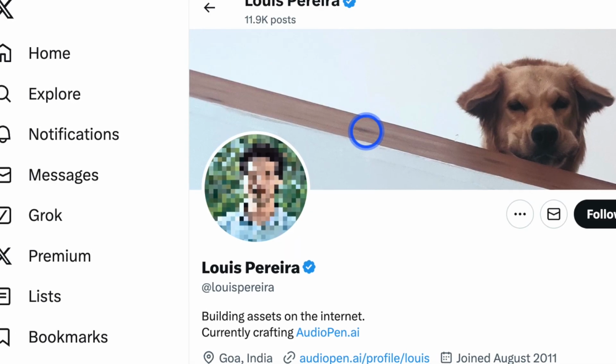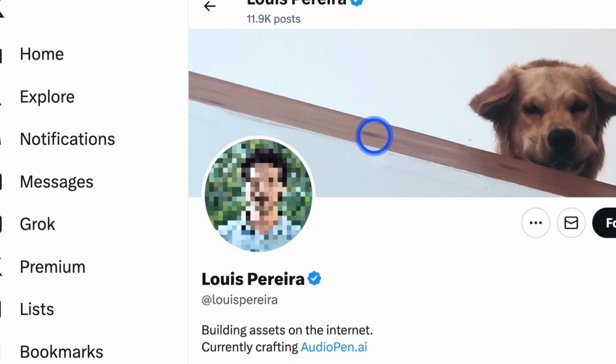Now, talking about getting users, the main source of users he has found is through Twitter or X. And Lewis is someone who builds in public. So he documents the journey. We'll talk a little bit more about that in a moment. But he's constantly posting on Twitter about the journey, about AudioPen, and also just helping with really good content. Therefore, people have found AudioPen through that.